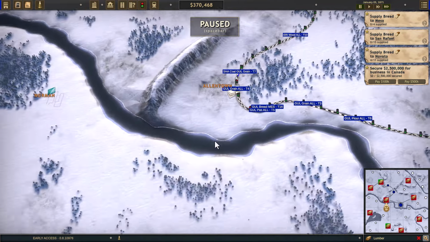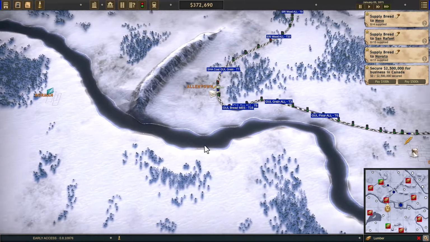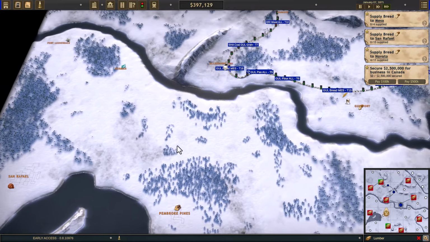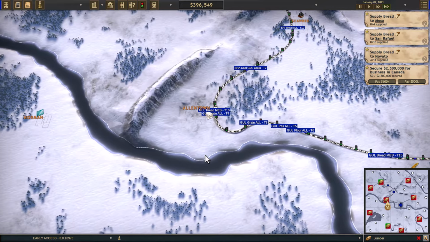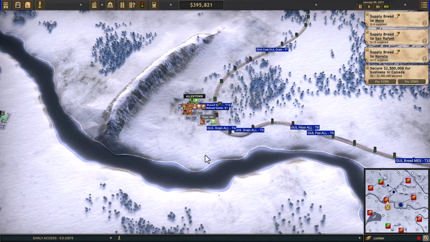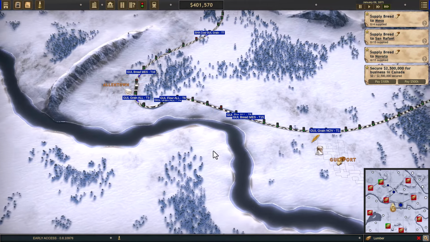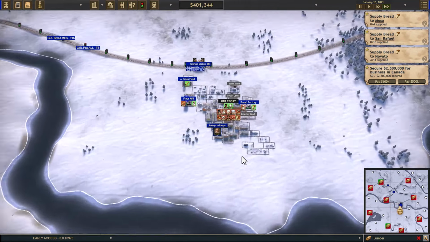All right, so let's go down here. Well, we're going to need some... This is going to cost a little money. We're going to have to build a bridge and a fair amount of track. So let's wait for a big pay item to click somewhere. Let's look at...